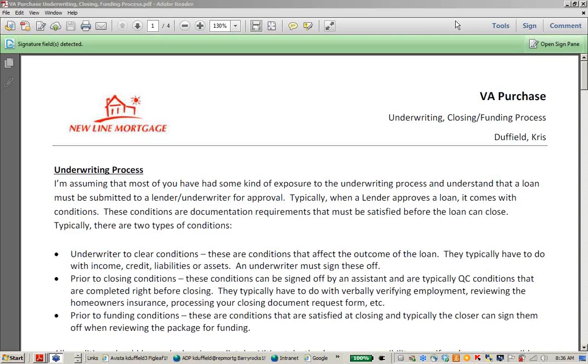My name is Chris Duffield, and I'm an account executive for New Line Mortgage. This class is the last class in a series of trainings we've put together designed for loan officers that are either new to VA purchase loans or need a refresher. For about the next 30 minutes, we're going to cover the submission, the underwriting, closing, and funding process of